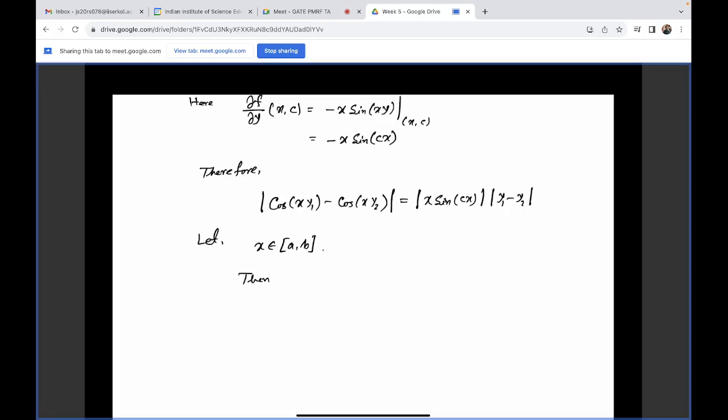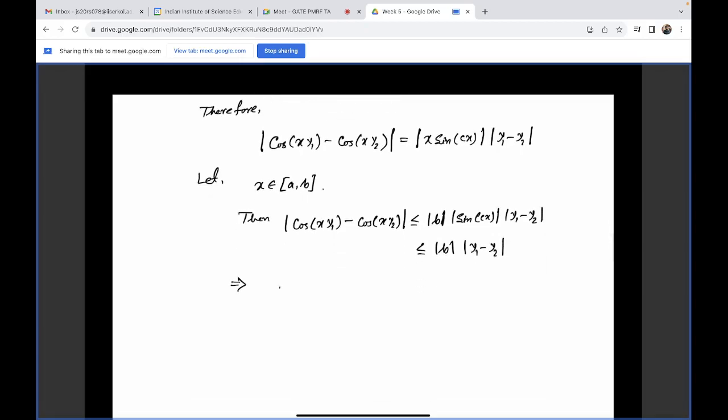Then cos xy1 minus cos xy2 is less than mod x, which is less than b, so mod b, and mod sine cx is less than 1, right? Into mod y1 minus y2, so this is less than mod b times mod y1 minus y2,